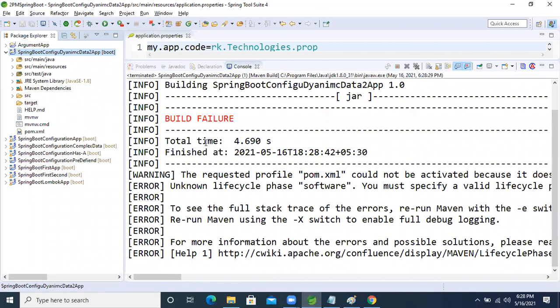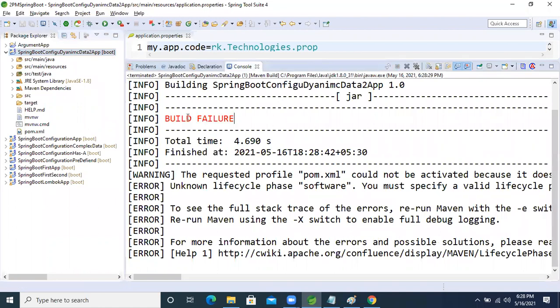Build is not successful. Why is it failing now? I don't know, guys. I want to show one thing here. Sir, provide Maven goals. Clean, complete, package.